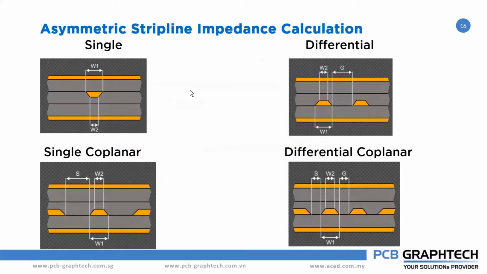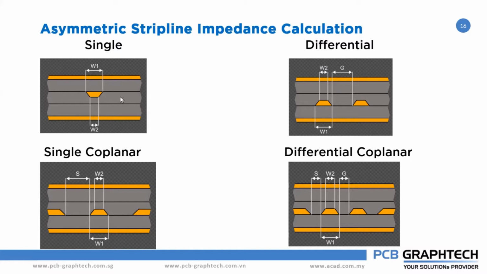Normally, in a symmetric stripline impedance calculation, we have two ground planes and the trace sits at the center. But for this asymmetric stripline, between the two conductive layers you can add any number of dielectric layers. There is no limitation like one layer or two layers. They should be balanced. You can increase the number of dielectric layers, and the thickness and dielectric constant of each layer need not be the same. They can be anything.